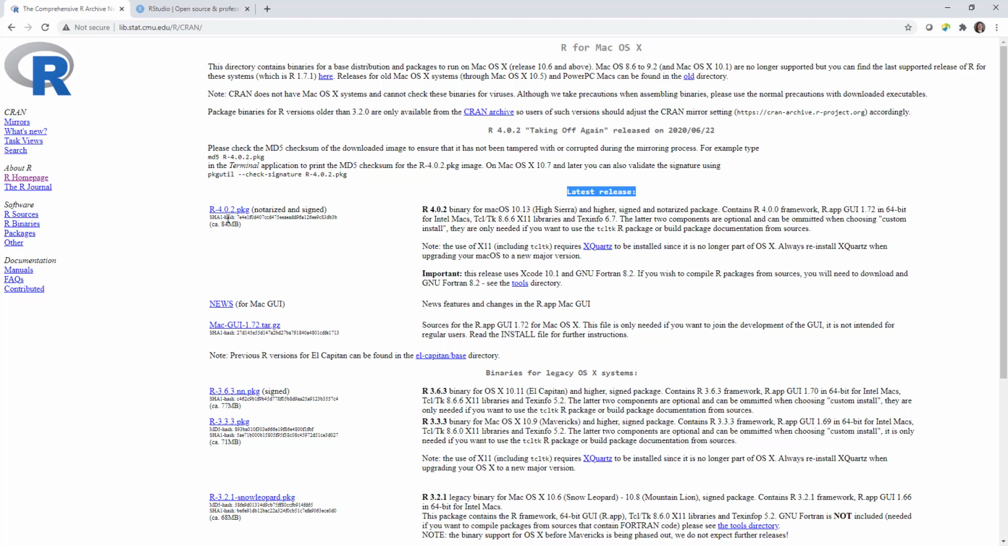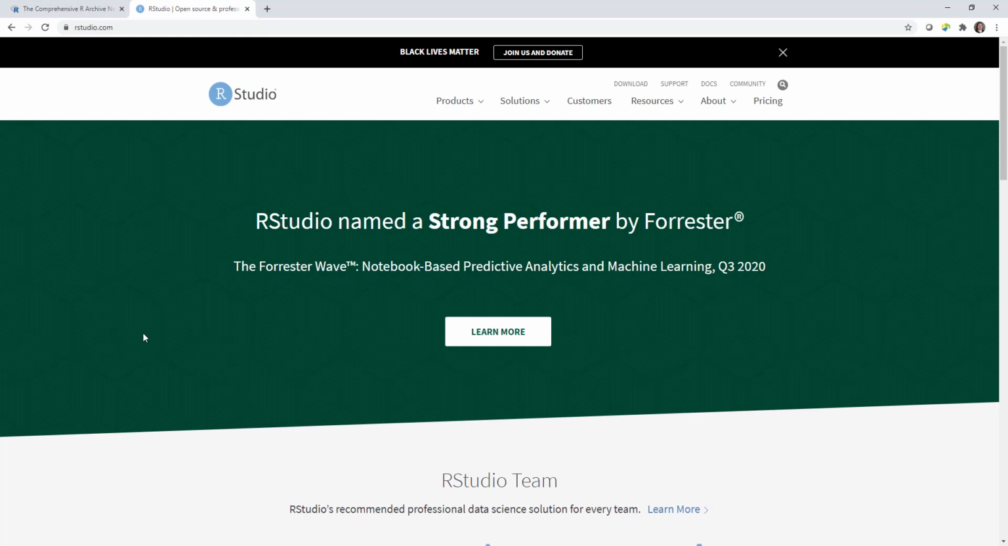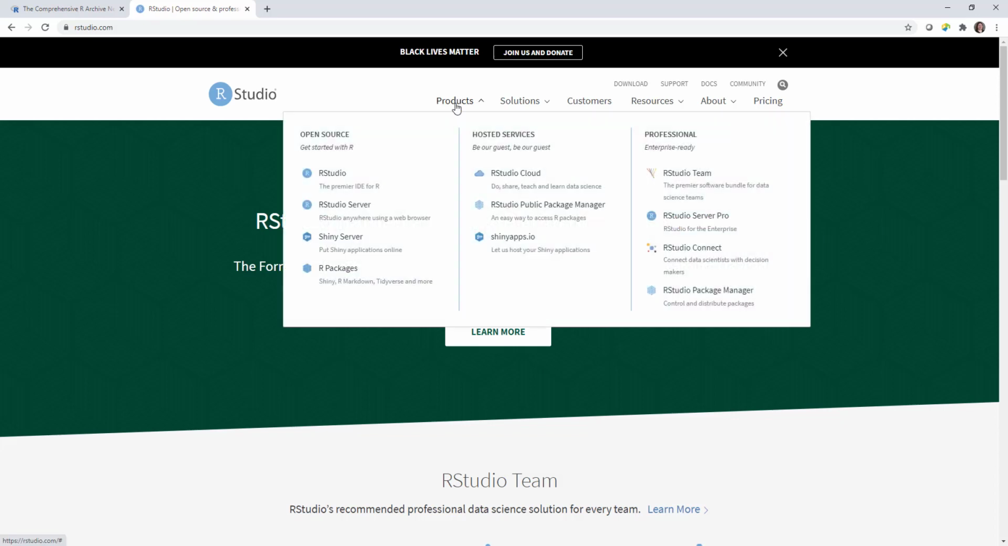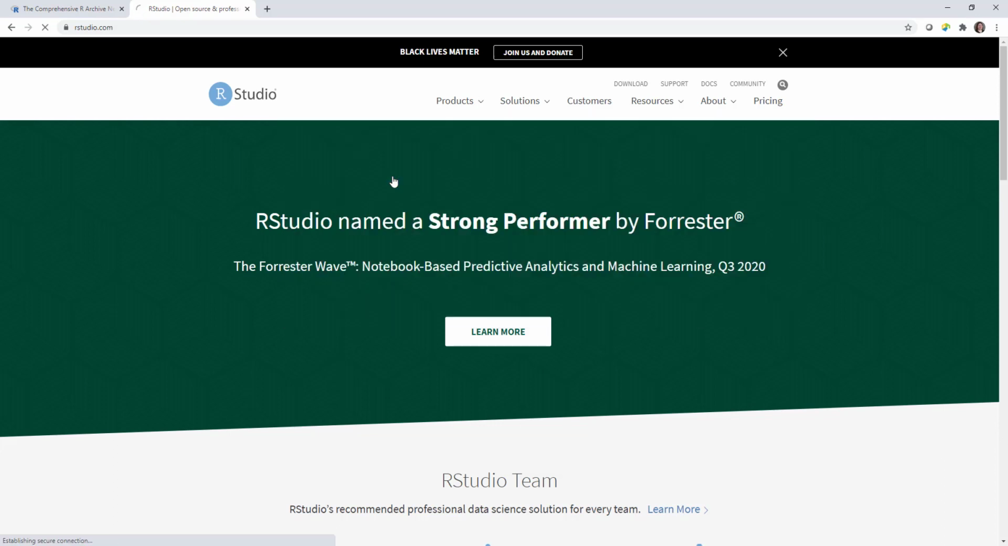Once you have R installed on your computer, you can go ahead and you can download RStudio. RStudio can be found at rstudio.com. There are a wide variety of products that RStudio produces. Some are free, some are not. If you go to products, you're going to be looking for open source, and you're going to be looking for RStudio, which, as they mention, is the premier IDE for R. There are other IDEs for R, but RStudio is currently the most popular. So I can select RStudio,